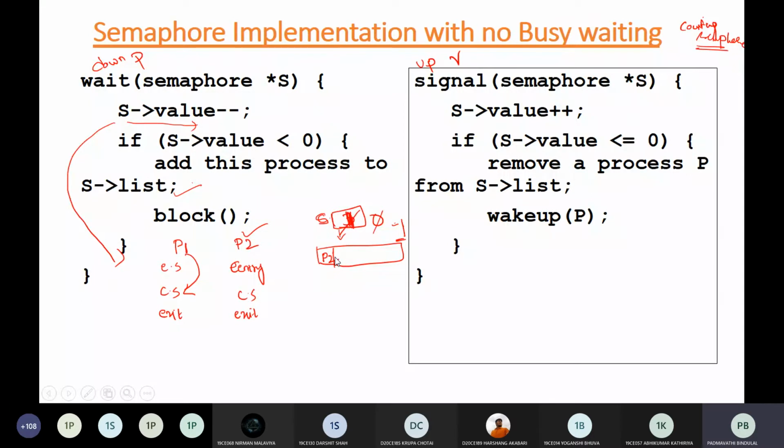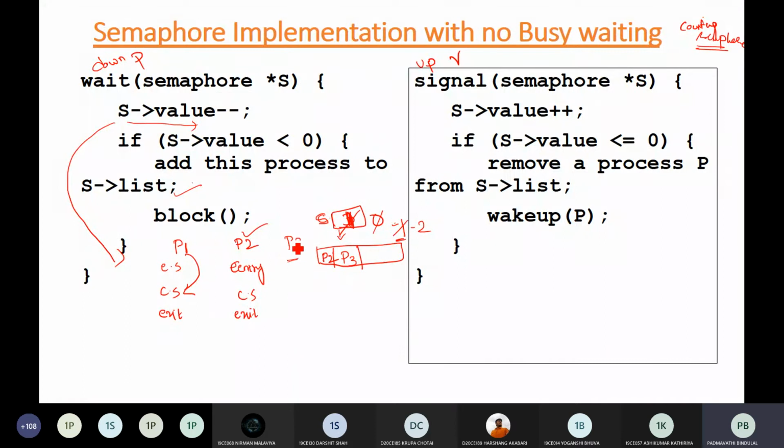Okay, now let's say the P3 process also comes, and meanwhile P1 is still in the critical section, so it also tries to execute with the semaphore. So in this case what happens, again your semaphore value is reduced to -2. Okay, and you add the P3 process to this list, and you execute the block.